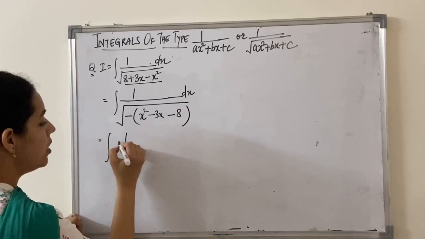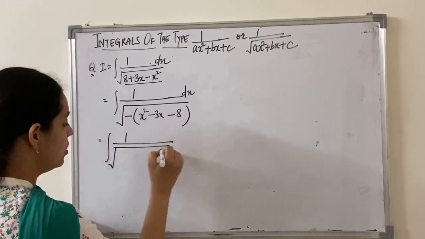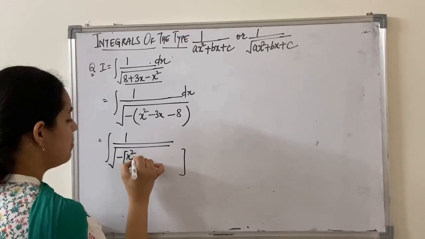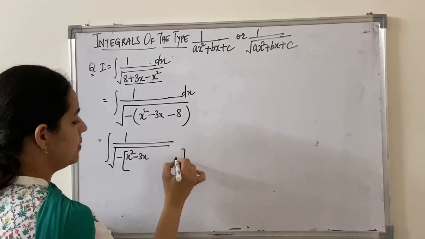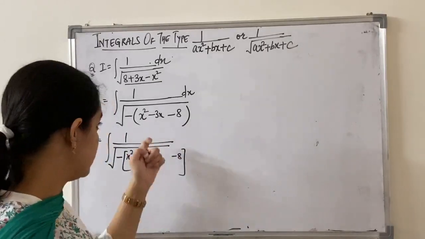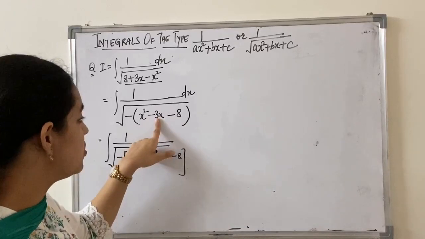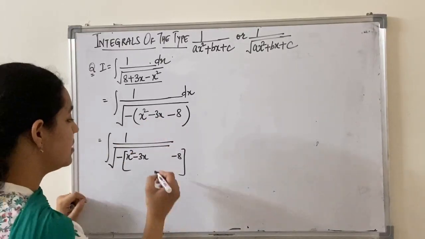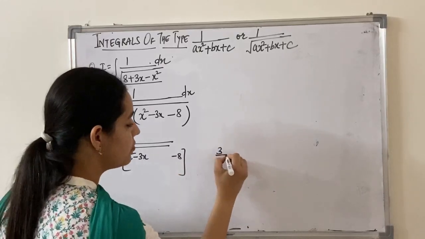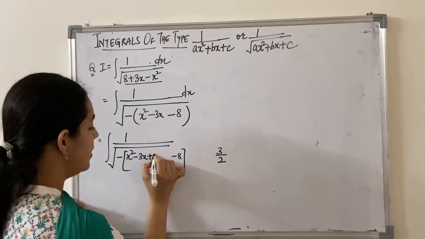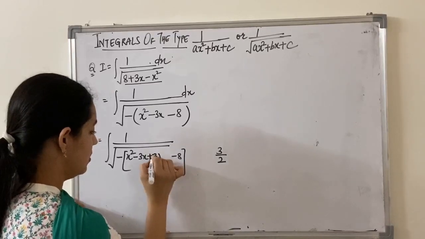So it becomes 1 upon under root of minus, x square minus 3x minus 8. The next step to complete the square is taking the coefficient of the middle term. Here it is 3, so we should take its half. The half of 3 is 3 by 2. Its square must be added and subtracted